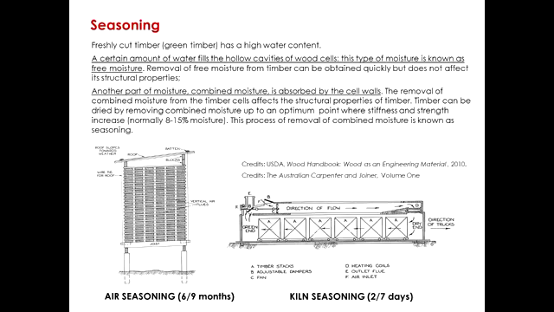So when you've reached that state, then you can say that it's an equilibrium moisture content and the timber is seasoned. There are two main ways to season timber, as you can see from the slide, and you've probably already seen by reading the time that the product will need to season. What are the disadvantages of air seasoning compared to the advantages of kiln seasoning? But air seasoning, it just means that you take